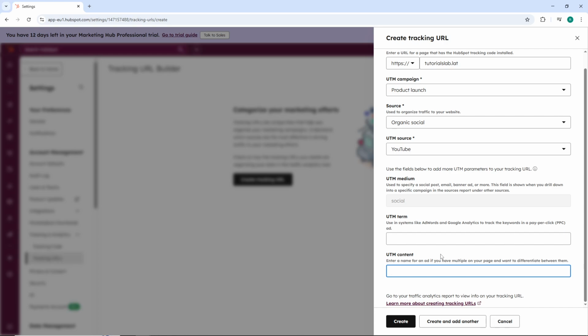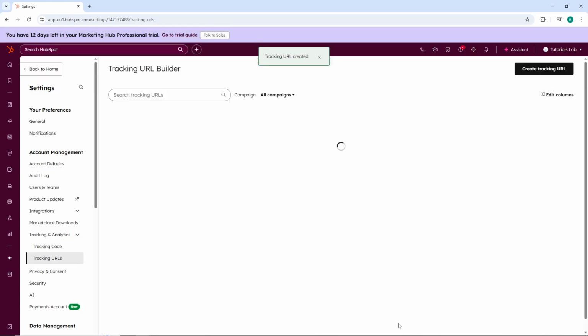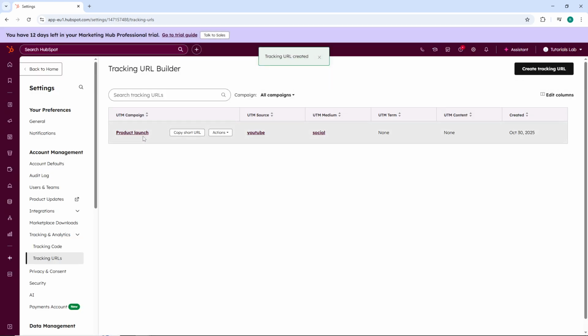Before finalizing, review any additional options HubSpot offers, such as sharing settings or a toggle to create a shortened URL. A short URL is especially handy for social media posts where character count matters. Once everything looks good, click Create to generate your tracking URL. HubSpot will build the URL with all your UTM parameters properly formatted, and you can now copy it and use it in your